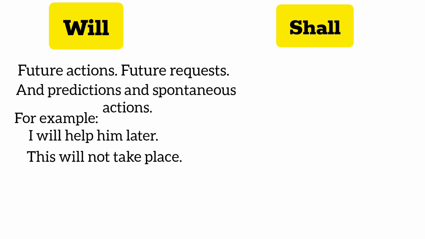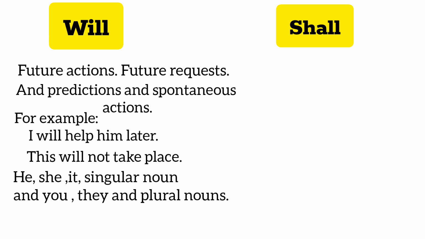And I also want to mention here that will is used with nouns and pronouns. Which are the pronouns? We use will with he, she, it, and a singular noun, you, they, and plural nouns. But to talk about future with I and we, we use shall. So will and shall are used both in future tense, but will is used for request, for predictions, for spontaneous